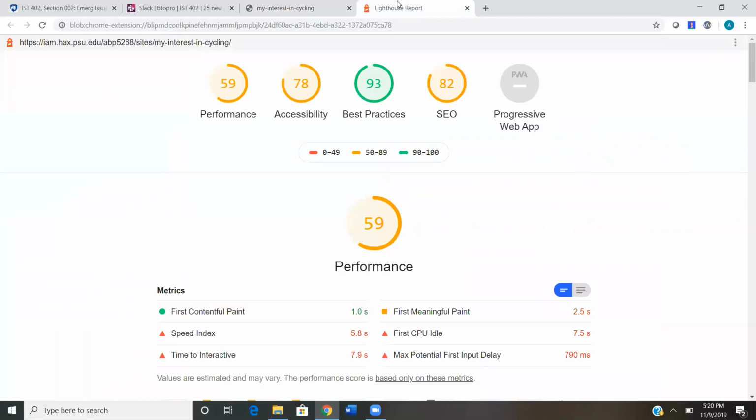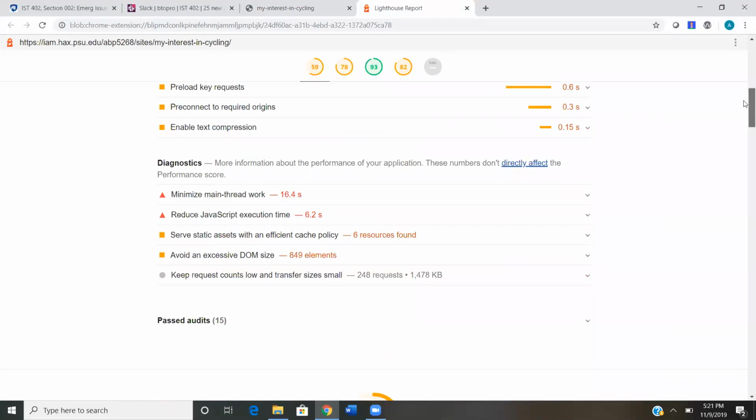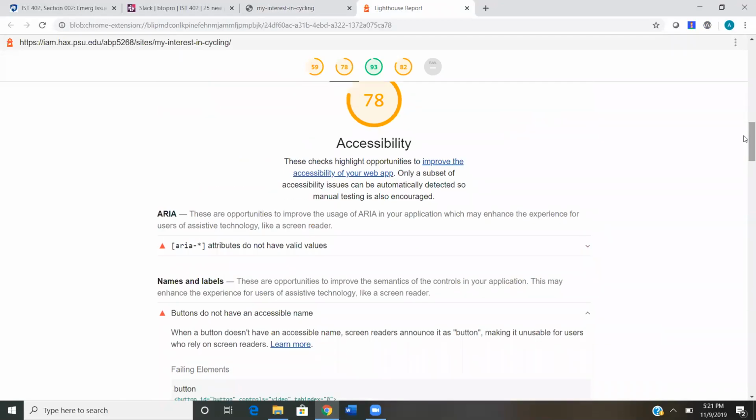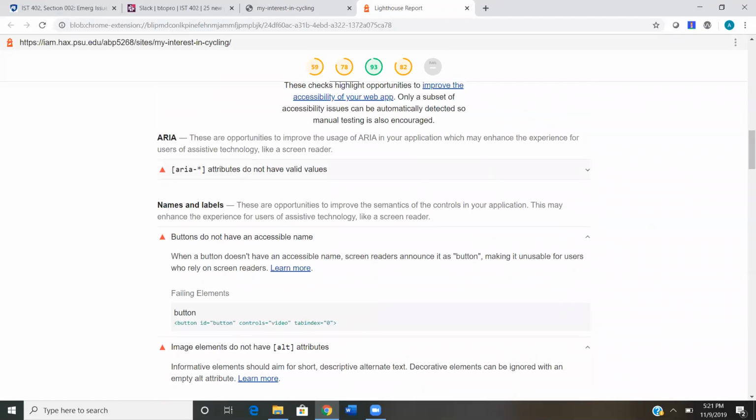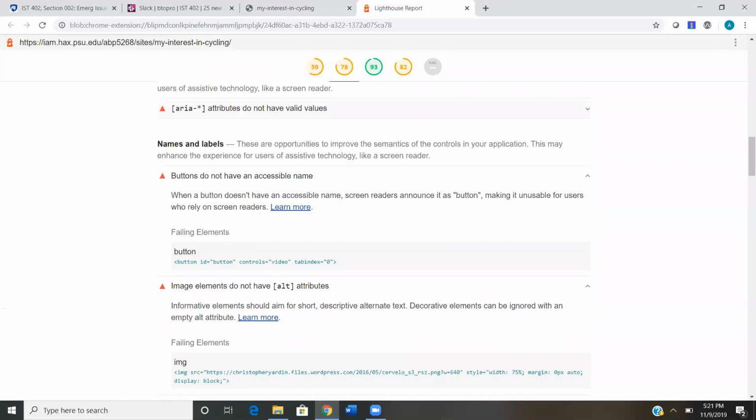I also ran a Lighthouse report, which analyzes the website. First off, performance was pretty poor. I don't know if my apartment Wi-Fi was just not performing well. It was running a little slow, but accessibility was a 78. Basically, it had issues with the headings, and then it also had